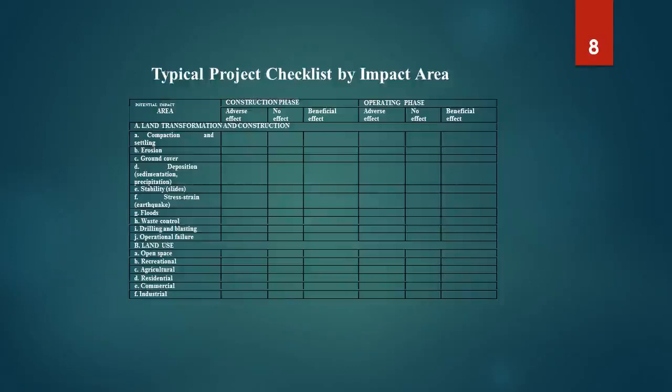This figure is representing the typical project checklist by impact area. Overall, the potential impact area has two phases, the construction phase and the operating phase. The potential impact area has two parts, like the land transformation and construction and the land use. In land transformation and construction, that includes the compaction and settling, erosion, ground cover, deposition,